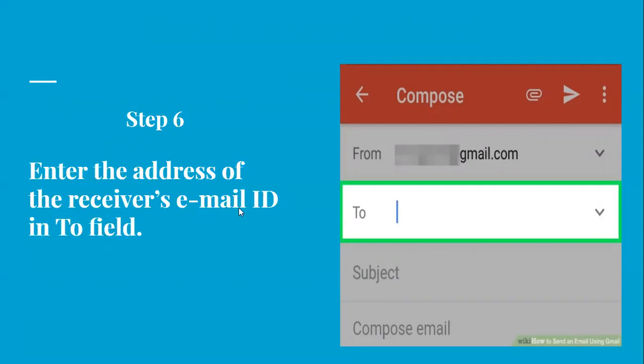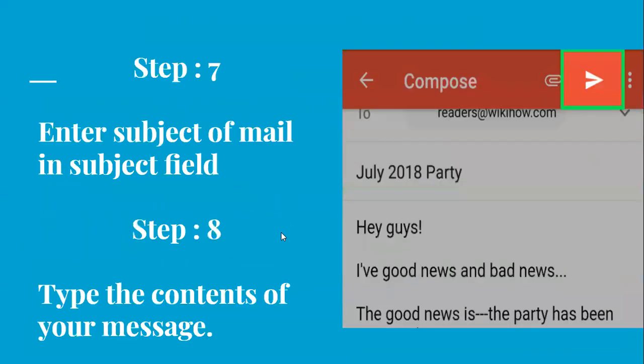We are sending the mail, we are the sender. And who is receiving? To whom are we sending? That person is called the receiver. We have to write the email ID of the receiver in this column. After To, look here, To is there. After this To, we will write the email ID of the receiver.